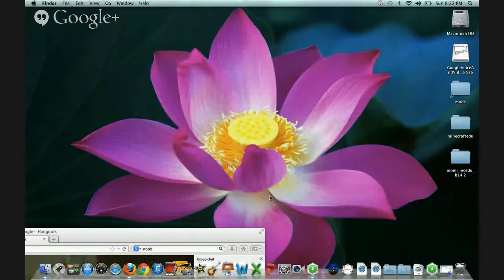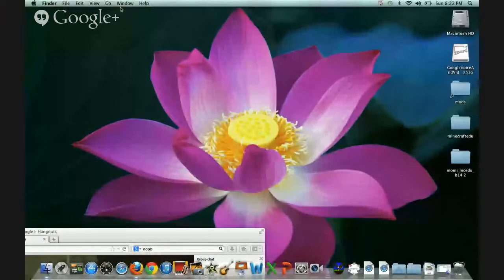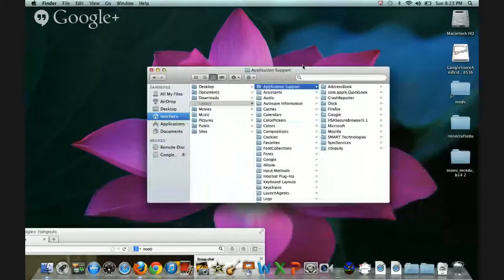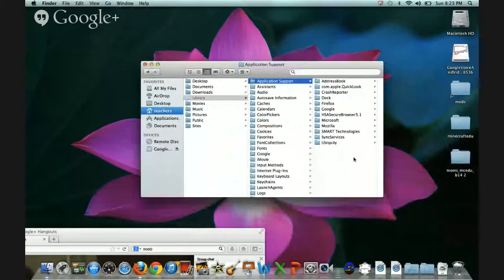Down here, I think I have two of them open, which is kind of weird. Let me quit that. Then I'm holding Option. I'm going to go, like you guys said, to Library, then Application Support, but I don't see Minecraft anywhere. I'm wondering, is it because I'm in the wrong login? Well, who did you install it in? You just installed it just now, didn't you? Yeah, I just installed it and put it on the desktop. If you put it on the desktop, that's the one you're seeing right there to the right of this window.